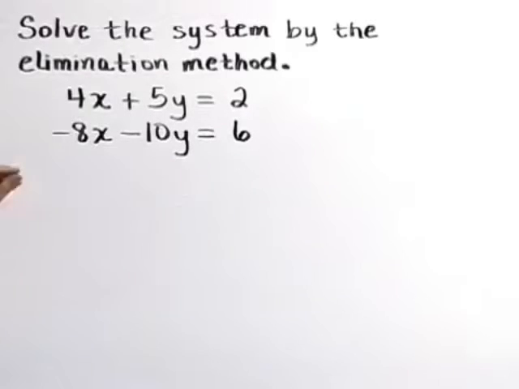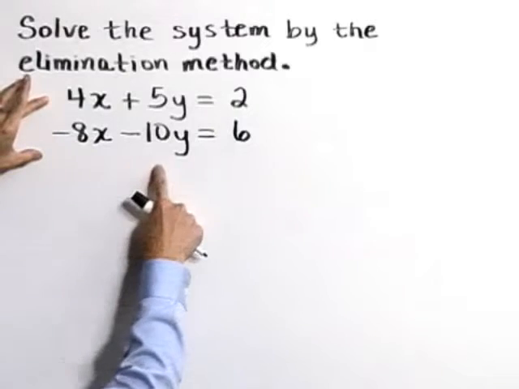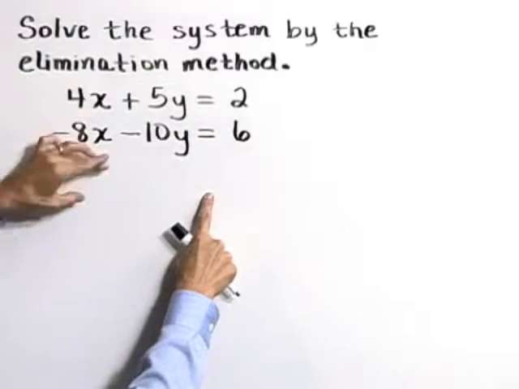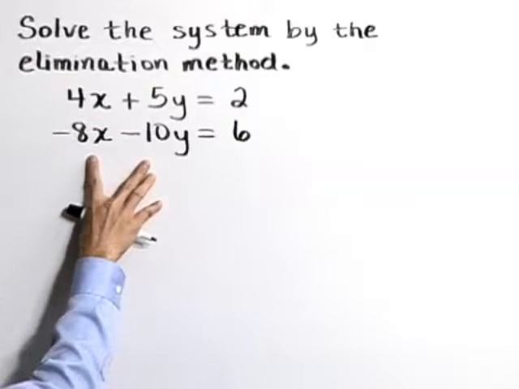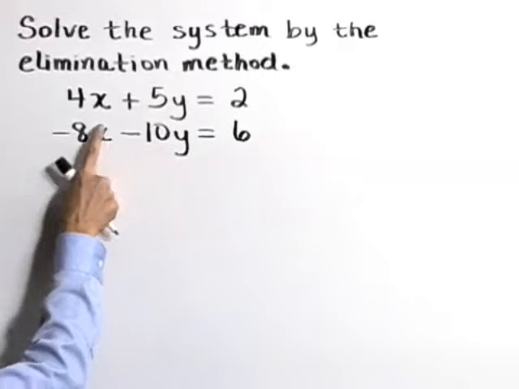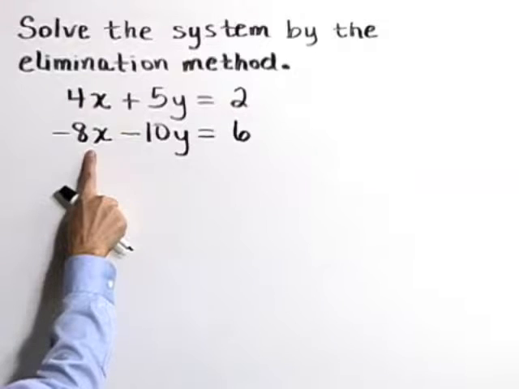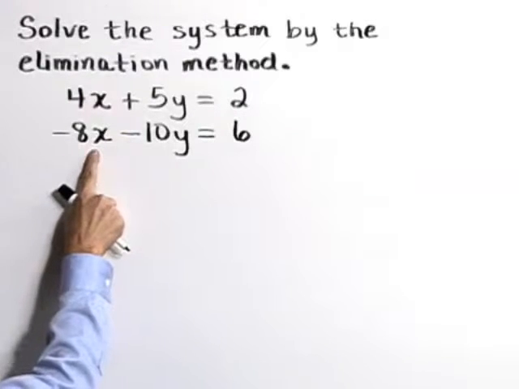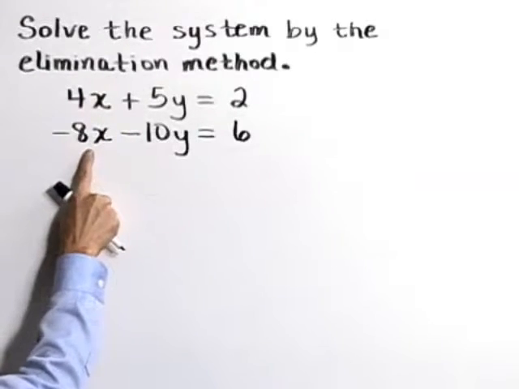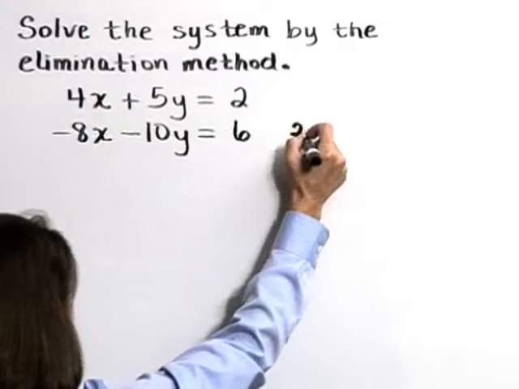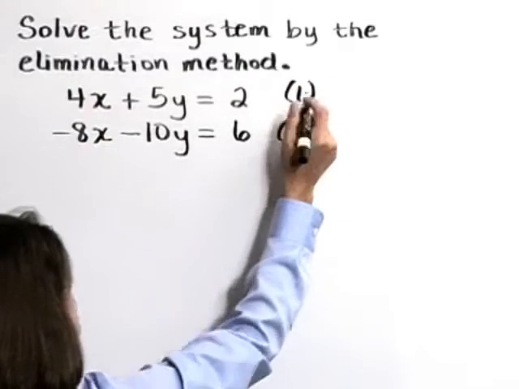Well, in using the elimination method, we'd like to be able to add these equations together and get either the x or y variable to cancel out. So let's say we choose to eliminate the x variable. We have a negative 8x term in equation number 2, and let's identify these as equations numbers 1 and 2